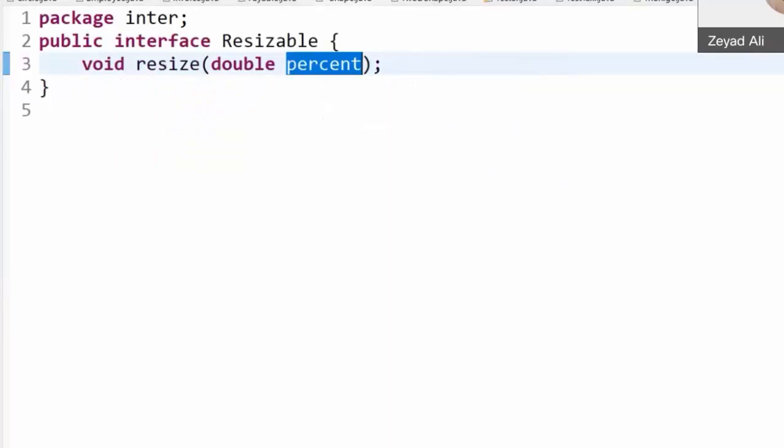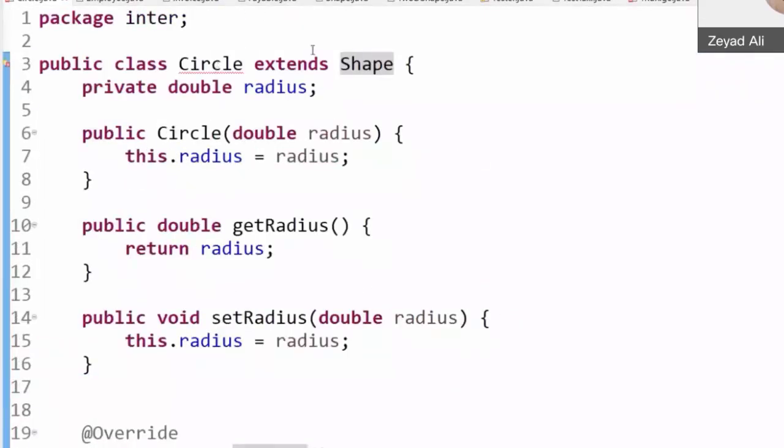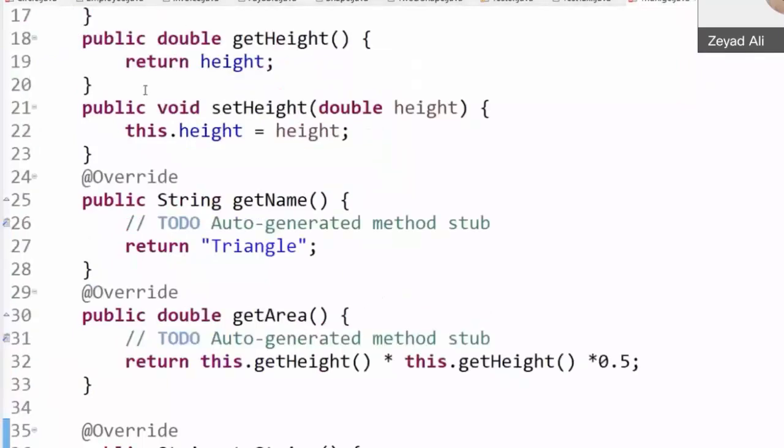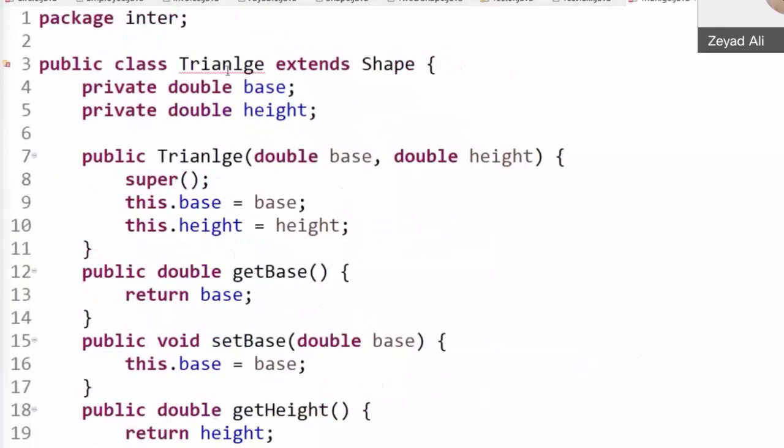So now, look, now our code will not work. You will see errors. Why? Because Circle extends Shape and Shape implements Resizable. Triangle extends Shape and Shape implements Resizable.